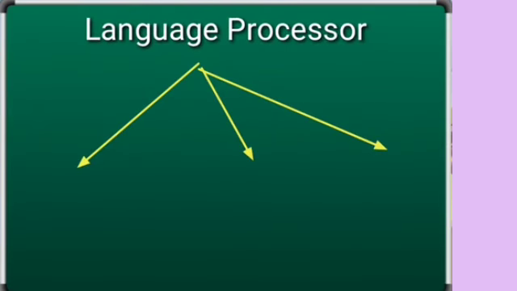Next and the last topic is language processors. Language processor means processing the language. Students, as we know, we understand high level language, or we write the instructions in high level language which is understandable by us. However, the computer only understands binary level language, which is machine level language, 0 and 1. So there are language processors inside the computer system which convert our high level language to machine level language, which is further categorized into three parts. The first language processor is the assembler. It converts the assembly level language to machine level language, or binary level language. The second one is the interpreter, and the third one is the compiler.